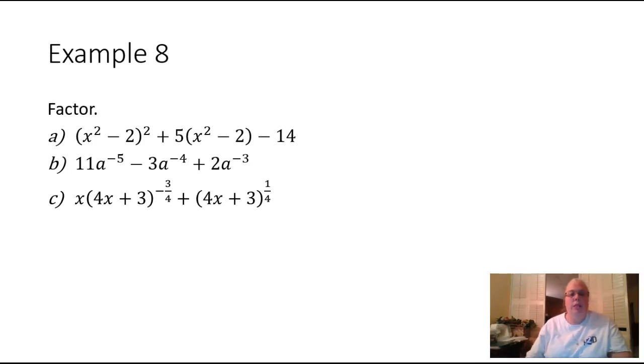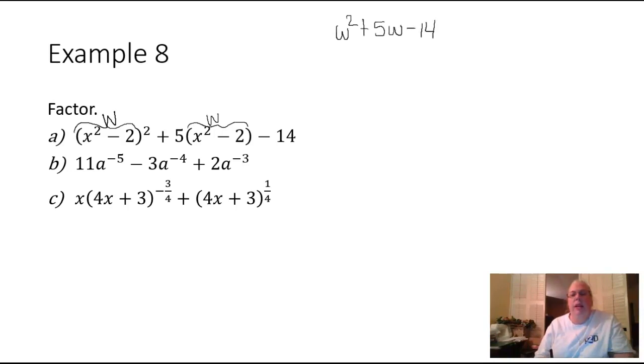Now what we're going to do is use a substitution rule, and turn this into something that looks factorable. So I am going to pick a variable, any variable, and I'm just going to pick W. And I'm going to put W in place of the parentheses. Now I'm going to leave the exponent there, and put a W here in place of this parentheses. All right, so my problem is going to change into W squared plus 5W